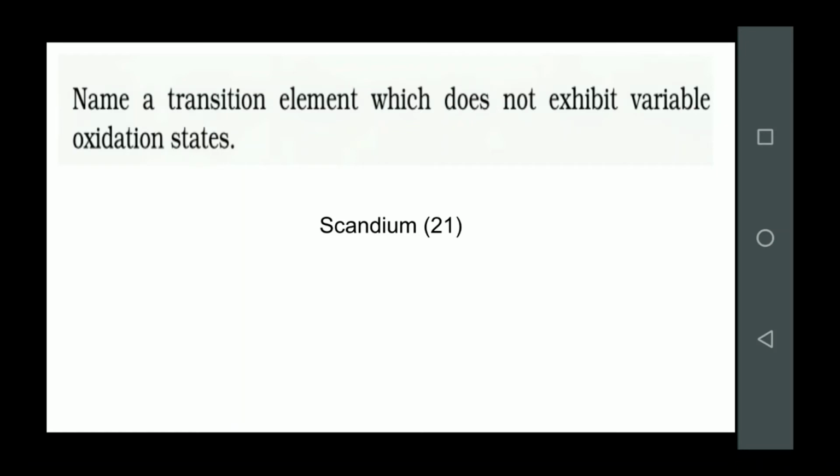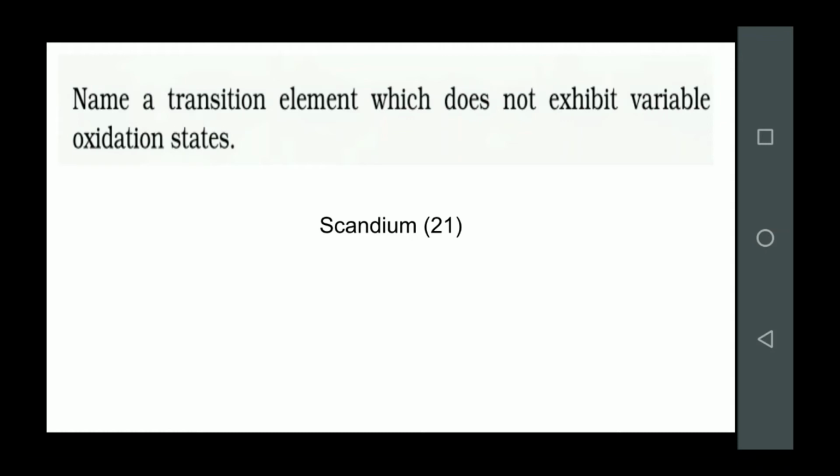So if you remember what the oxidation states are, you must have observed that in your 3d series, scandium and zinc were the two elements with only single oxidation state. Scandium had +3 oxidation state and zinc exhibits +2 oxidation state. So these were the two elements in the 3d series with only single oxidation states. But why are we saying scandium is the element which has only single oxidation state? Because the question is